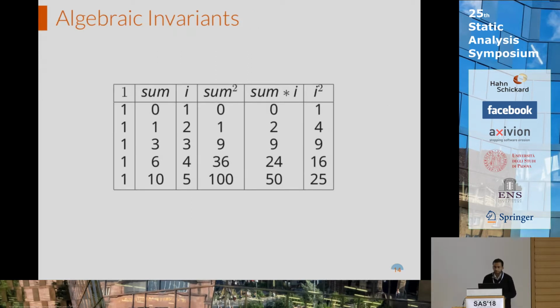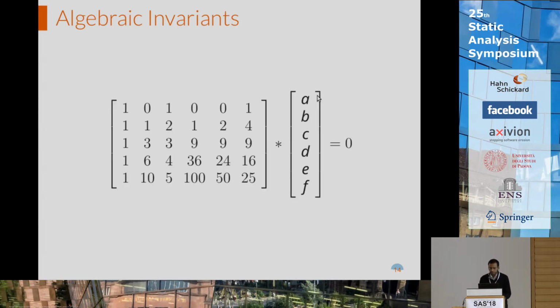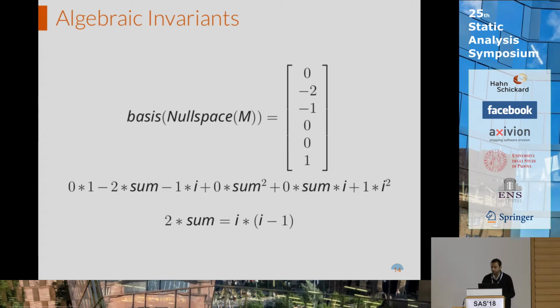Let's say we construct a matrix of the previous case. We consider all monomials up to degree 2, and then use the concrete values that we computed at each loop head. Let's say 0, 1, and such values. Up to degree 2, we get sum square, sum times I, and I square. With this, one can get a linear equation over A to F, and the previous theorem states that the null space of the matrix we constructed using loop head states,